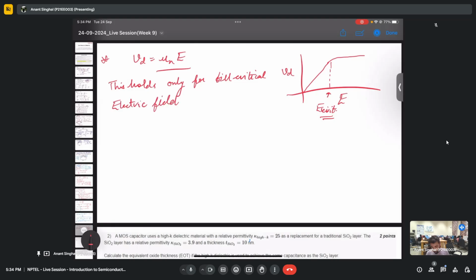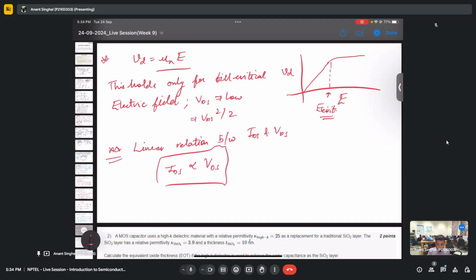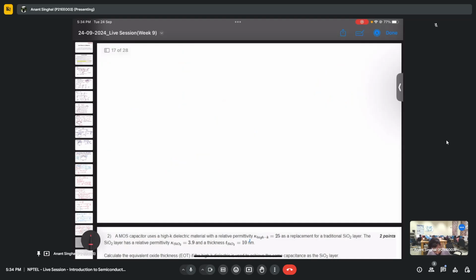So for smaller electric fields, we know that VDS will be low. That is what we have written. So VDS will be low, which means VDS square can be neglected, and we will have an exact linear relation between IDS and VDS, or IDS is directly proportional to VDS. And the second assumption that we took, that we have not cared about, is that the channel thickness, basically H,